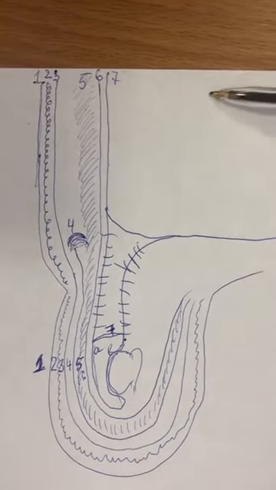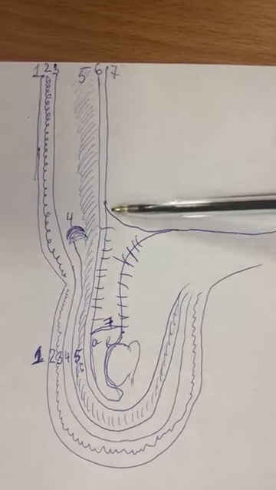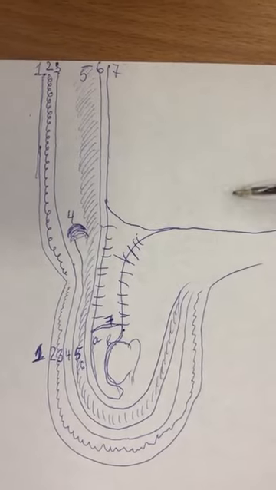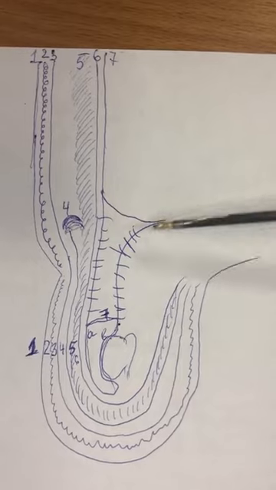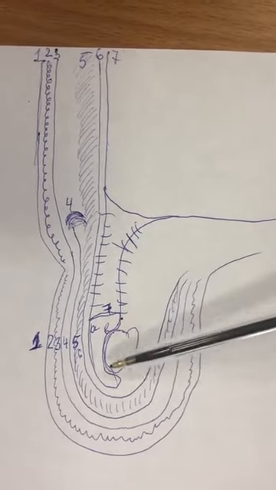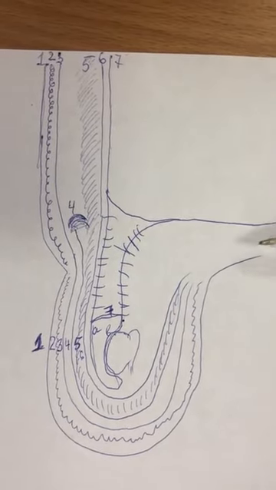and intestine, for example, can descend into the scrotum. In this case, we have communication between the tunica vaginalis and the abdominal cavity. But normally, it should be closed, and the tunica vaginalis only surrounds the testes and does not continue into the peritoneal cavity,